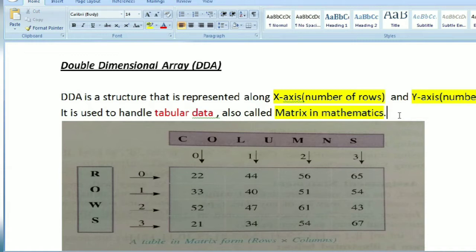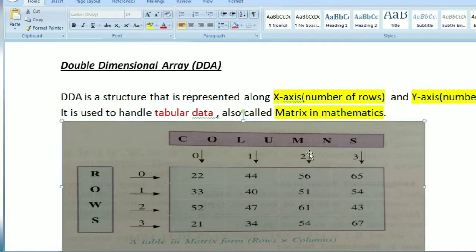Whatever data is represented in tabular form, that is your double dimensional array in Java. You must know the matrix in mathematics, so that is the same as in Java. So what is the x-axis? The x-axis is your number of rows and the y-axis is your number of columns.